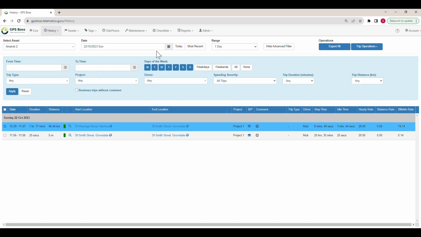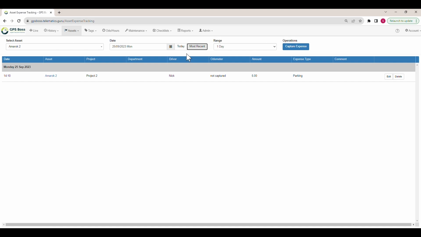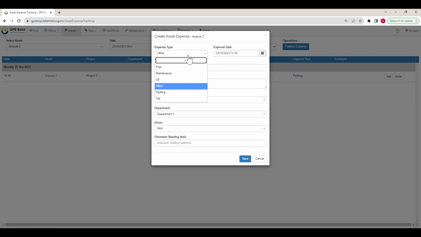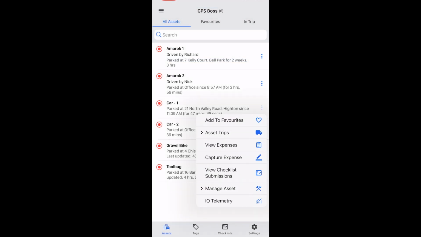Drivers can also capture expenses. Navigate to the Manage Expense page under the Assets tab of the taskbar. Here, you can view all past expenses for the asset or capture a new expense. You can choose the expense type, date, and amount, as well as add a comment. The other data will be pre-filled but can be edited. Then, save the expense. This can also be done on the Telematics Guru app by clicking the three dots button